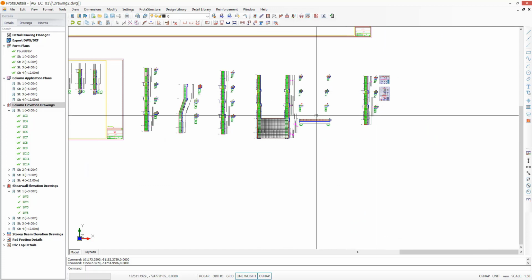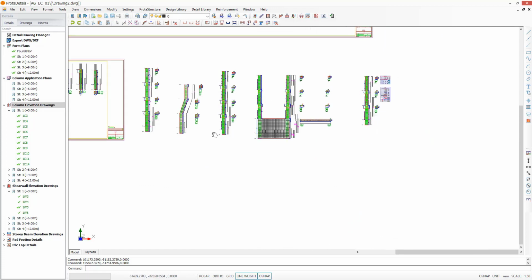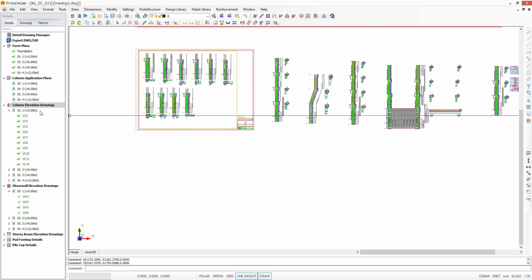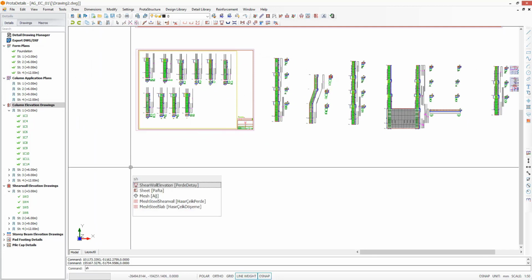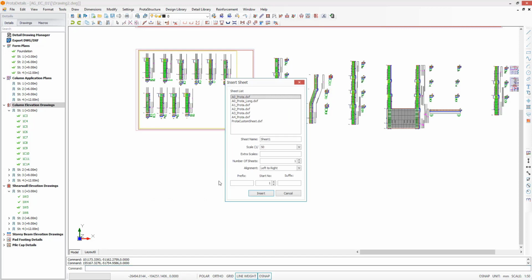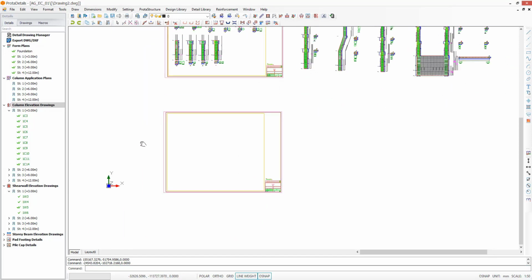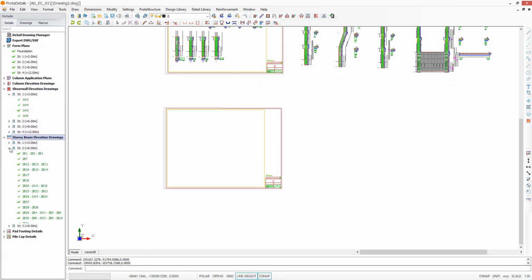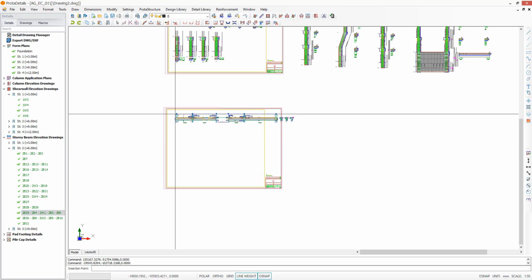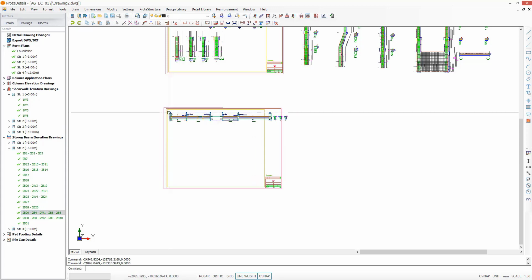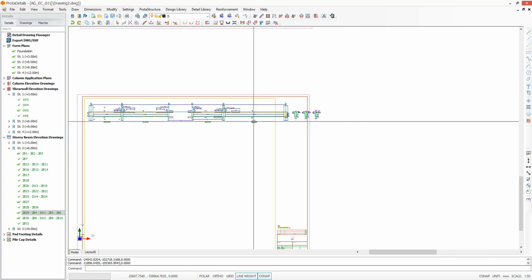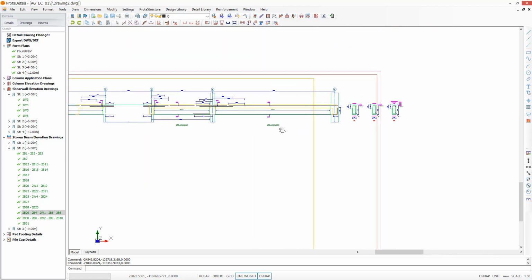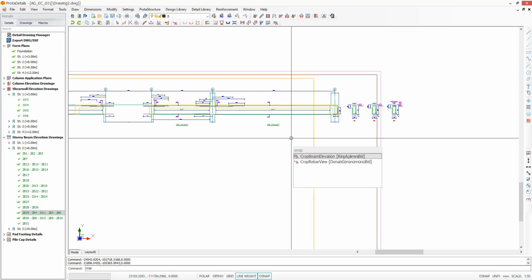Well, let's prepare the beam elevations of the second floor as an example. Again, I will call the sheet command, and let's insert another sheet here. This time I will close these, open up beam elevation drawings, and I would like to insert this. I just double clicked and inserted, but it doesn't fit inside my drawing sheet. So what would I do? I will just call the crop beam elevation command